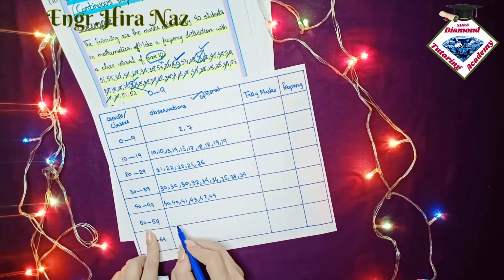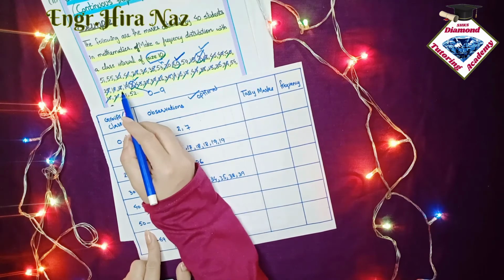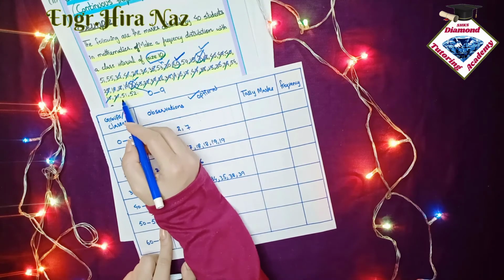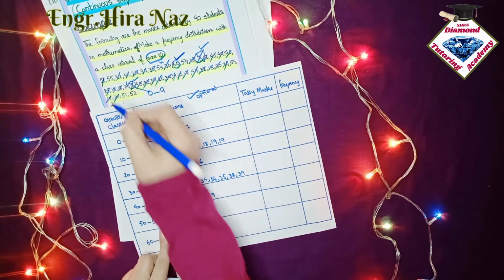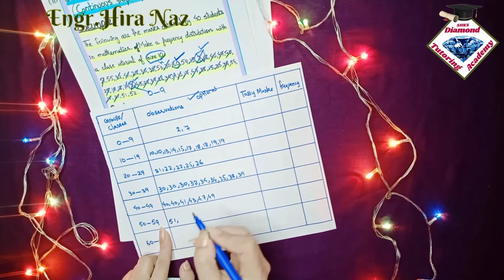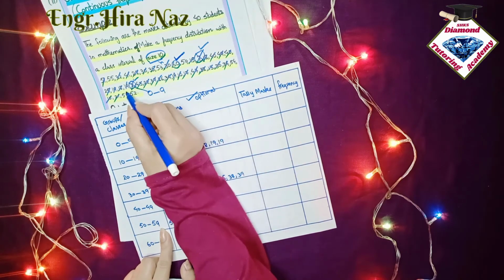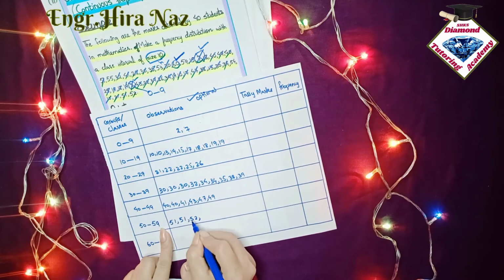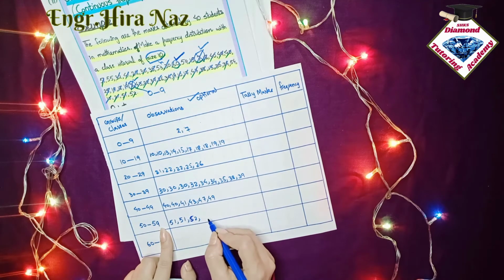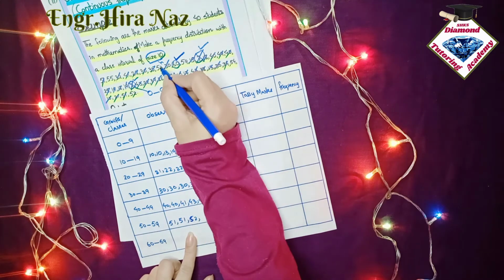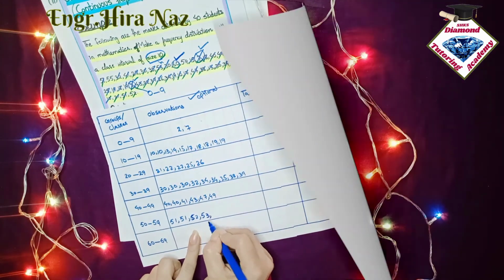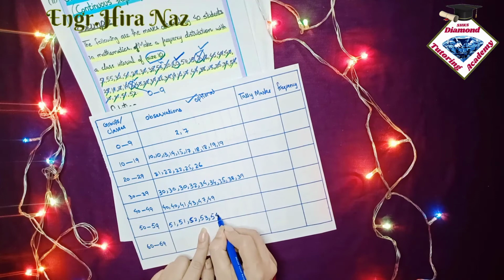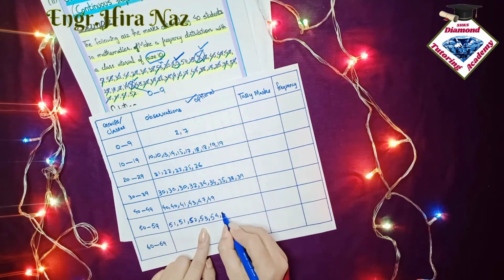Values from 50 to 59 from our given data are 51, 51 again, 52, 53, 54, 55